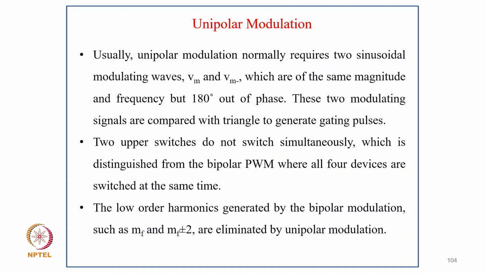So these two modulating signals are compared with the triangular wave to generate the gating pulses. So the two upper switches do not switch simultaneously, whereas in bipolar all four devices switch at the same time, and the lower order harmonics generated by bipolar, such as MF and MF plus minus, are eliminated by unipolar